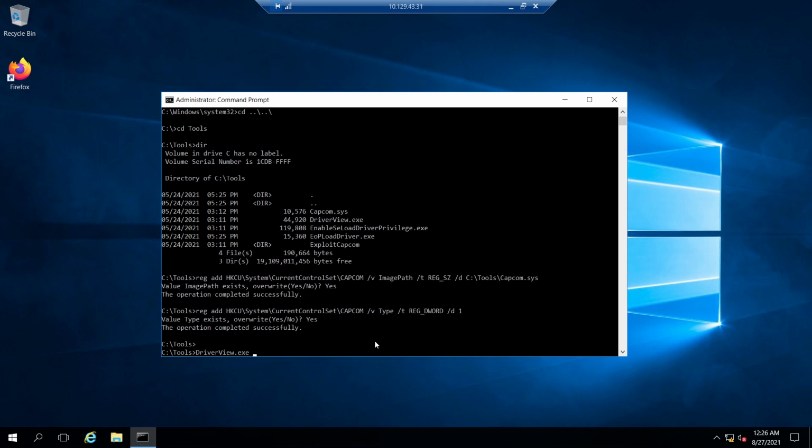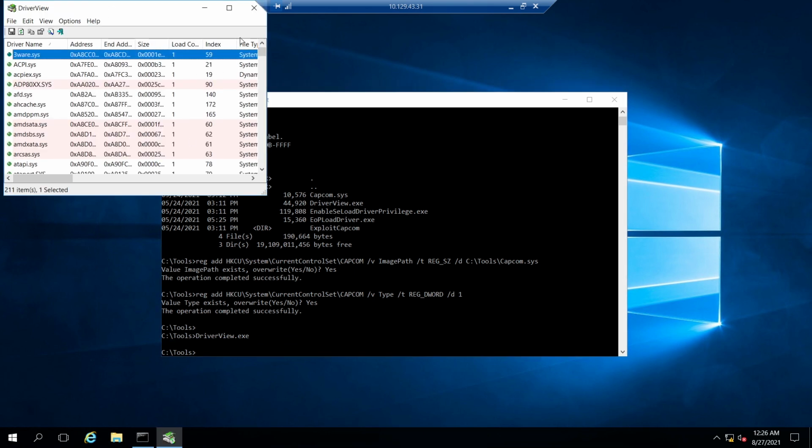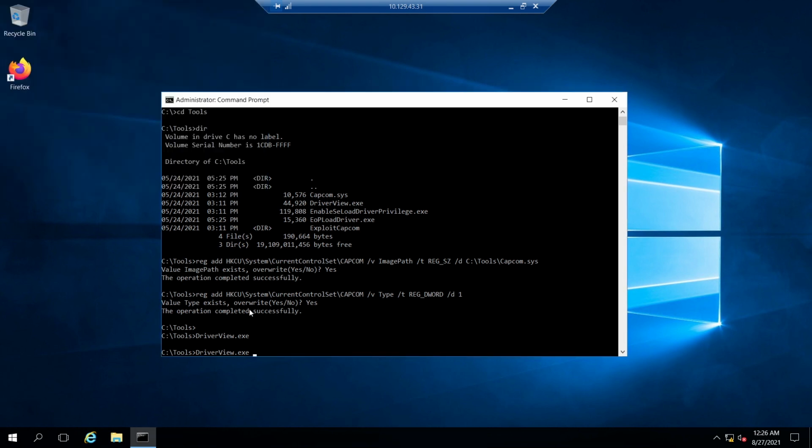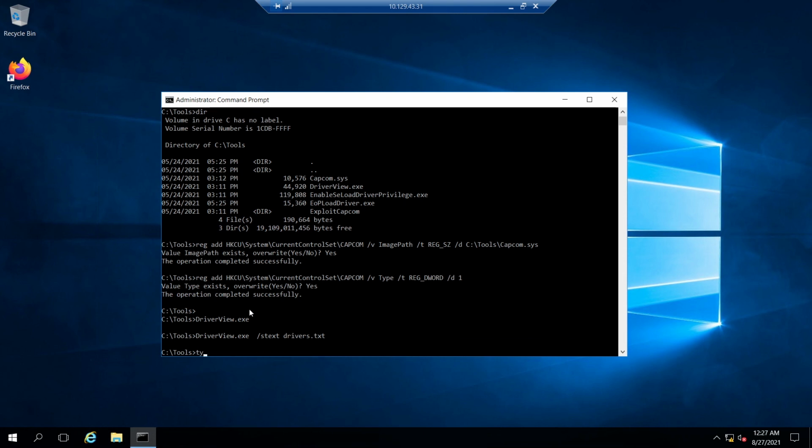If you run DriverView.exe, by default it will open in a new window. So what you can do is save it as text, in text format, and let's say drivers.txt. In this we are going to find Capcom, find string, ignore case, Capcom.